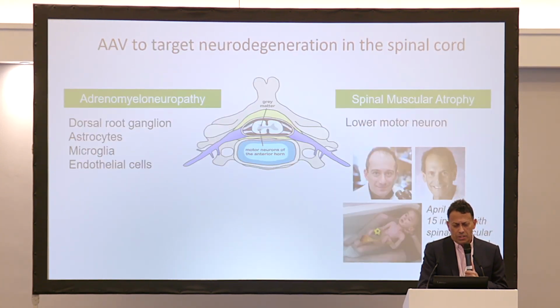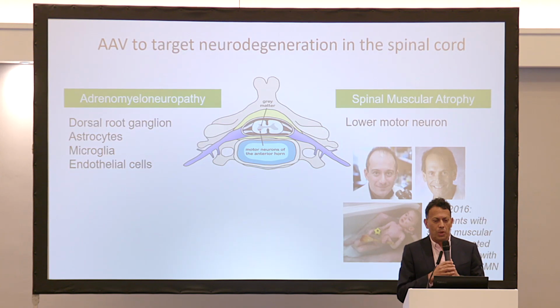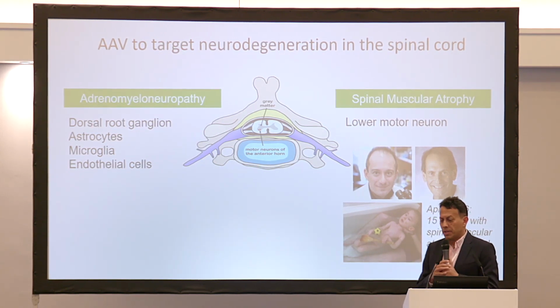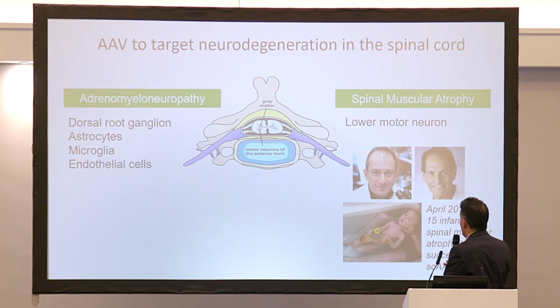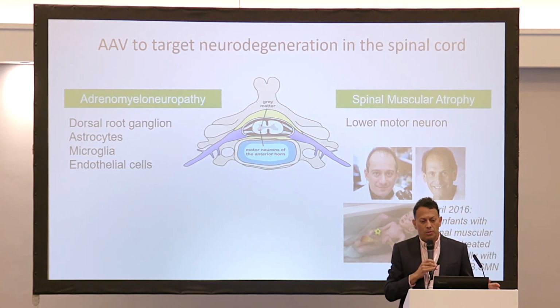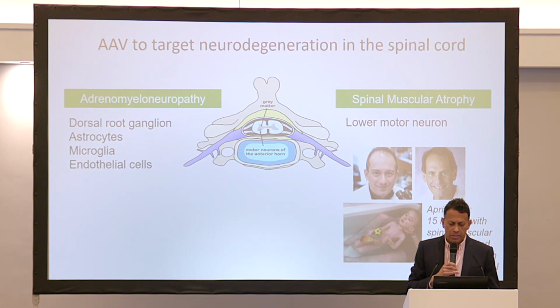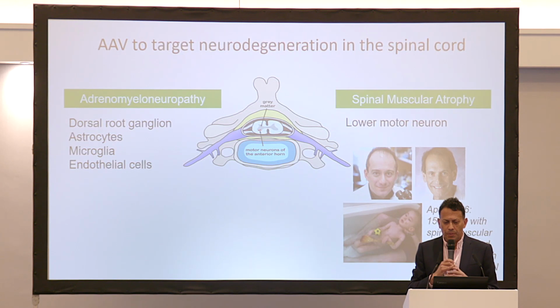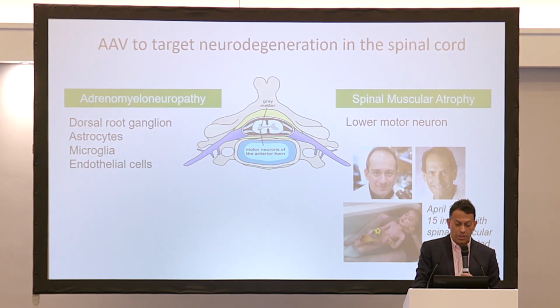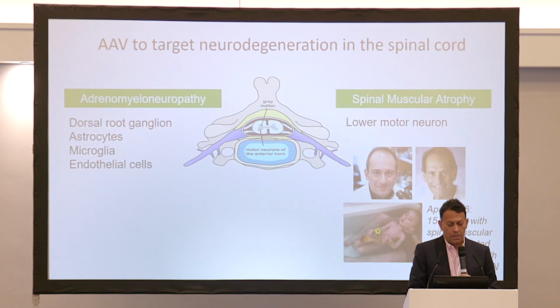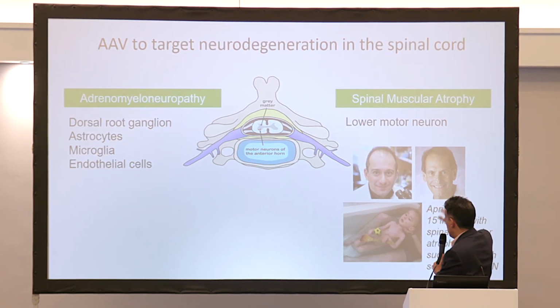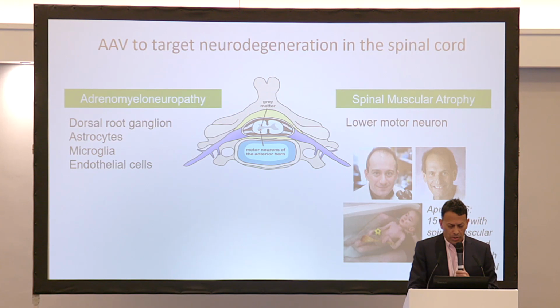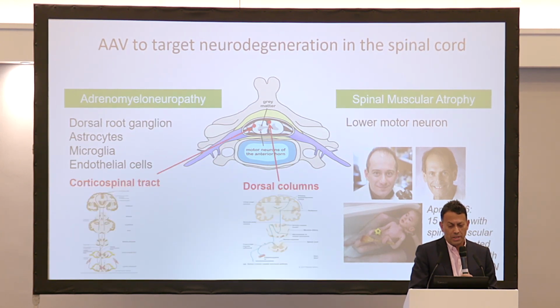So about 5 to 10 years ago, we were watching with fascination what was happening in the field of spinal muscular atrophy. As some of you might know, this is a disorder quite devastating to infants that was affecting the lower motor neuron. And these infants were being successfully treated by AAV9 gene therapy here by Brian Kaspar and Jerry Mendel. And it was quite revolutionary to watch this devastating disorder be successfully treated. So why were we interested in this?